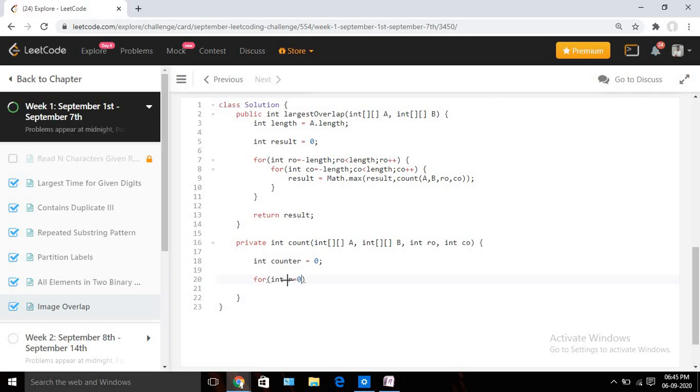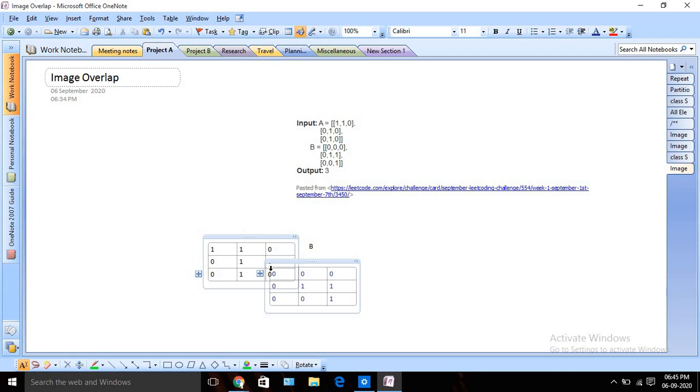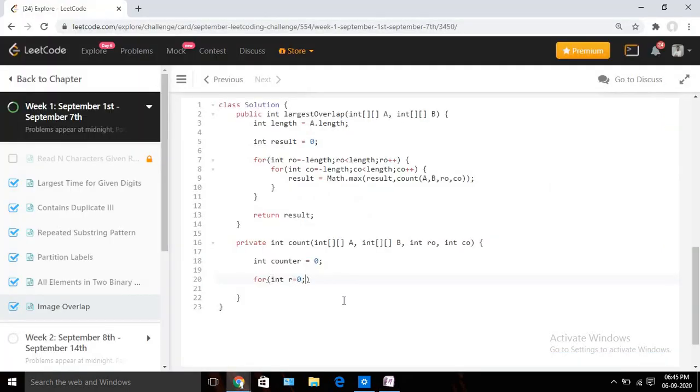This time, since we are comparing with B, it will start from 0, no negative value. So r equals 0, r less than A.length, r plus plus. Then again the same for the column: int c initially 0, less than A.length, c plus plus.